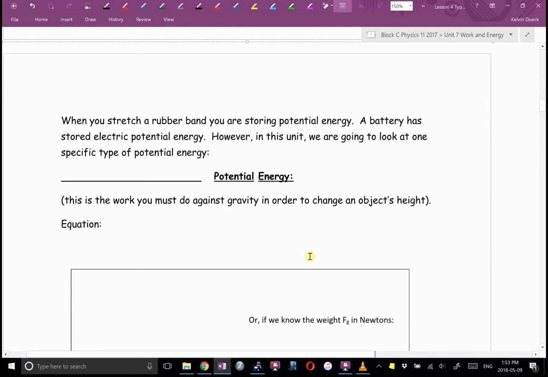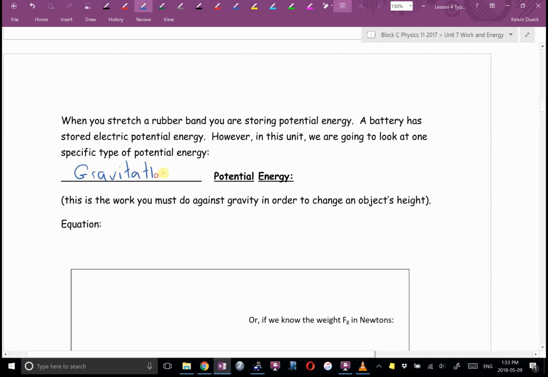Next page. So when you stretch a rubber band, you are storing potential energy. A battery has stored potential energy in the form of electrical energy. But in this unit, we're going to be looking at one specific type of potential energy the most. So potential energy is stored energy, but we're going to be looking at